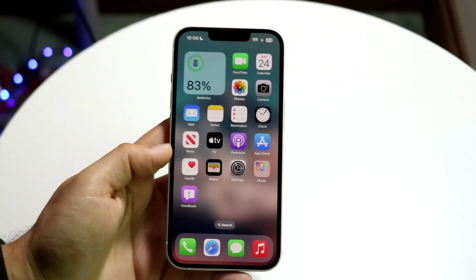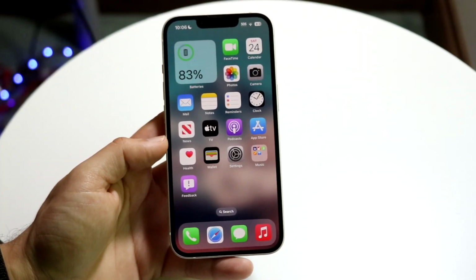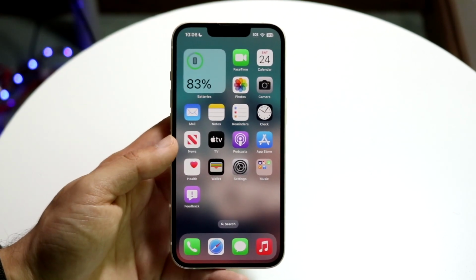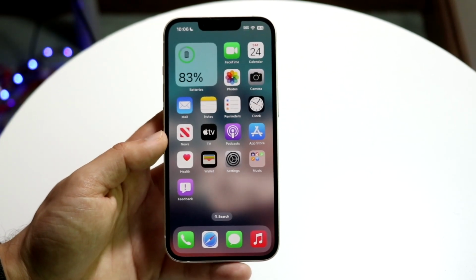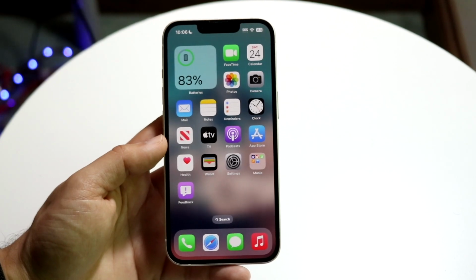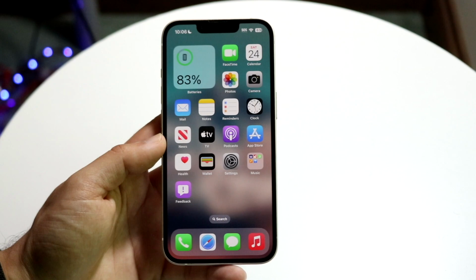So you might be wondering how to use Check In on iOS 17. This is a really cool new feature that allows you, if you're going or driving somewhere and you want to let somebody know where your location is, at least until you get to that location. Let's say I'm going from Walmart to my house and I want to let somebody know. Well, I can send them that specific location and time, and it will also let them know